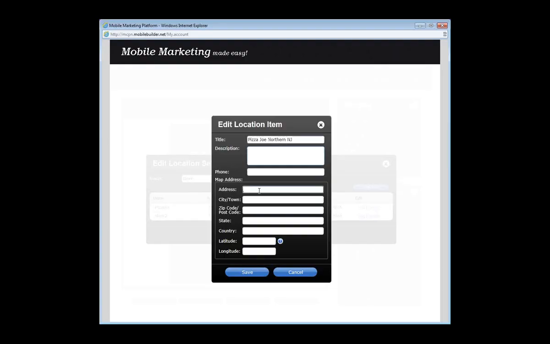And what I can do here is I can come in, I'll put in my address. So I'll do 688 Westwood Avenue, Rivervale, New Jersey. I don't have to put in the zip code or the country, but I do need to include the longitude and latitude. So what I would do is I click on the little question mark, and it brings